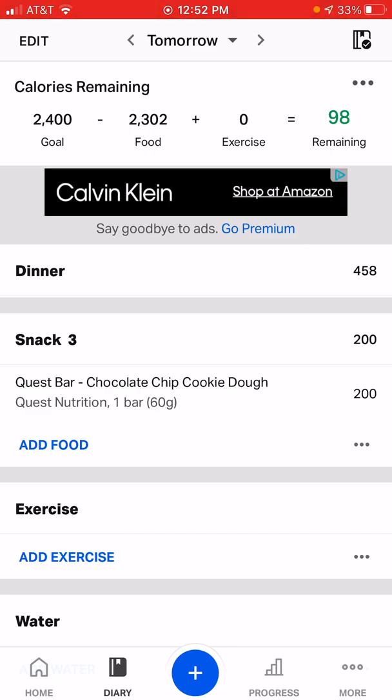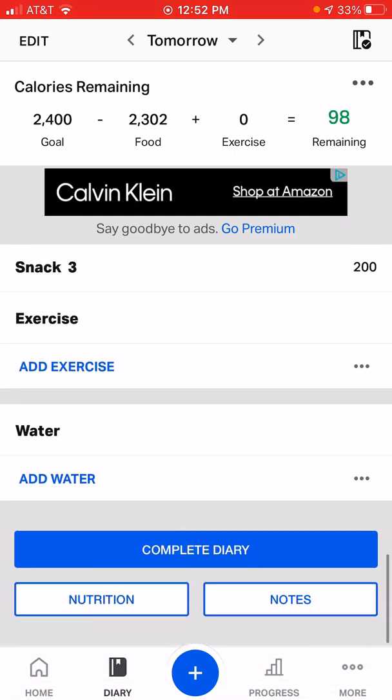chocolate chip cookie dough, if you take it out of the wrapper and put it in the microwave for about 10 seconds, it melts it perfectly to the perfect consistency. So to me, this is like a dessert. Okay. So now if we go down to nutrition,